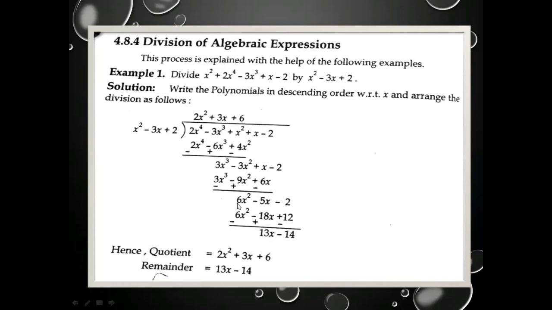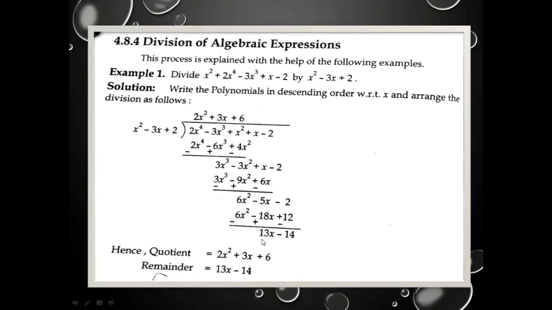Again in that step we observe 6x square. 6x square is greater than x square, so we will proceed, and same we divide 6x square by x square, taking answer. 6x square plus 2x plus 6. This plus 6 will multiply by all terms of the divisor and giving these answers. Change the sign and getting from first column answer is 0, no need to write that. From second column answer is plus 13x, and from fourth that is minus 14.